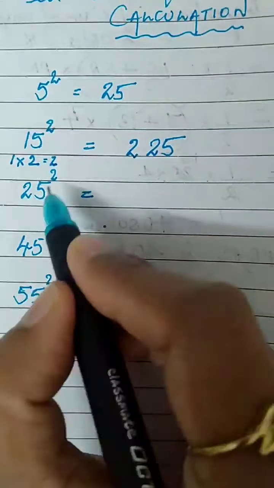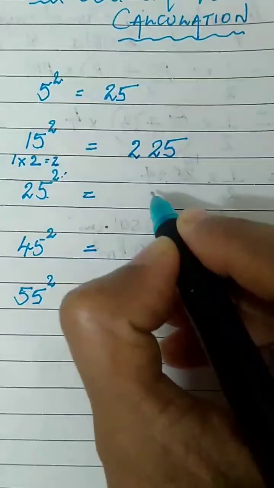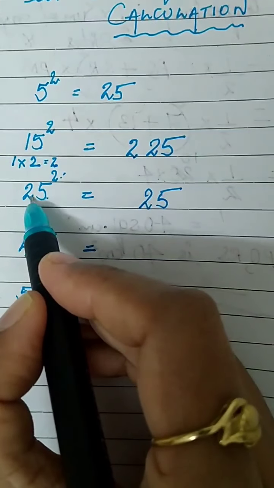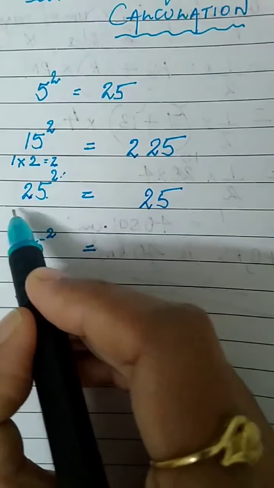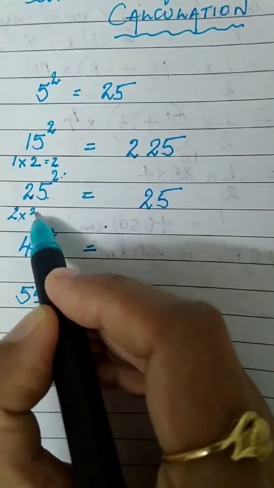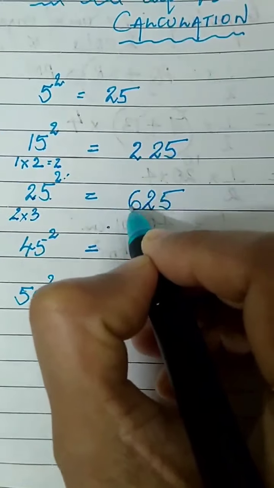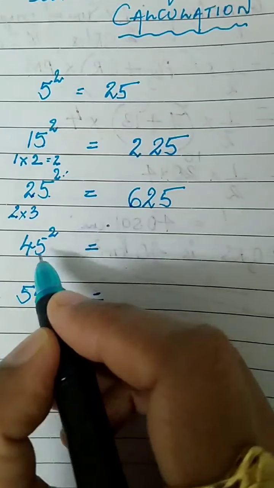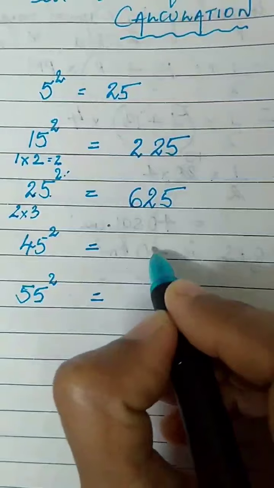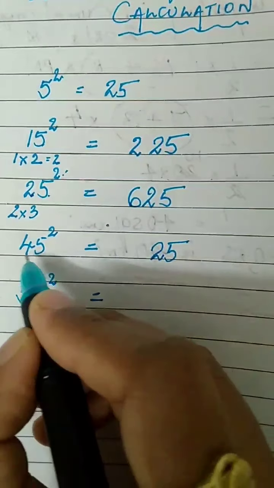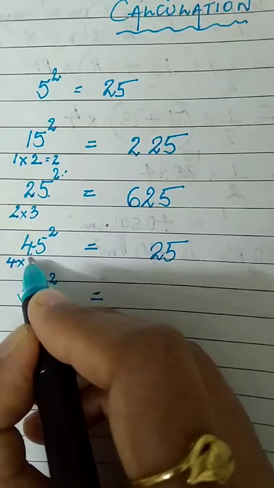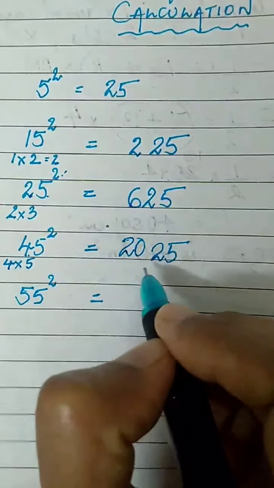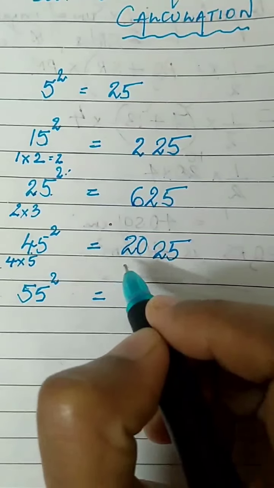Similarly, let us solve this one. 5 square is 25. Which is the digit on the tens place? 2. Which is the number that comes after 2? After 2 we have 3. So just multiply. 2 3s are 6. Similarly, going to heavy numbers, 45. 5 square, again 25. After 4, the next number is 5. Multiply 4 5s are 20. So we have 45 square as 2025.